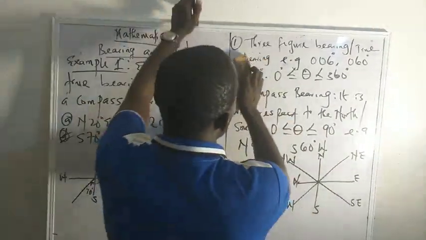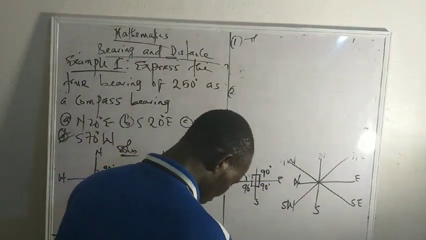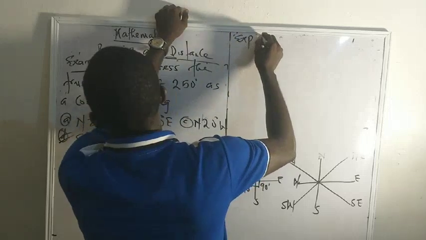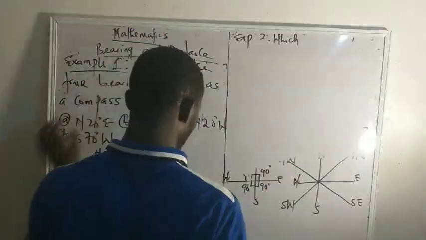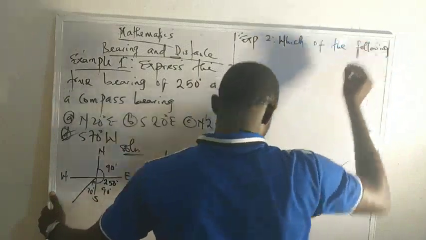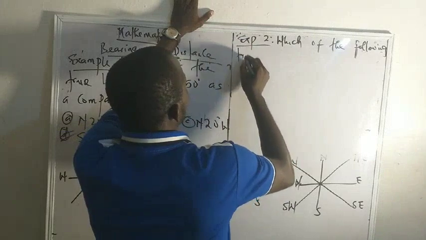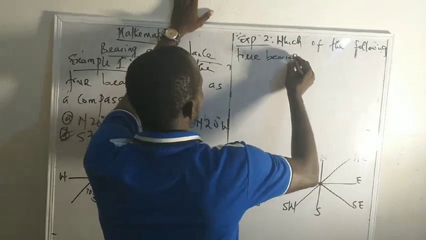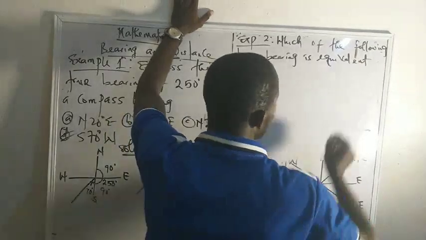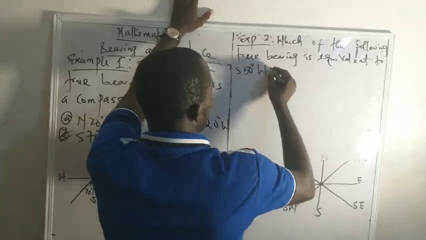Let's look at another one. Example 2. The question says, which of the following true bearing is equivalent to 50 degree southwest? Our options are: